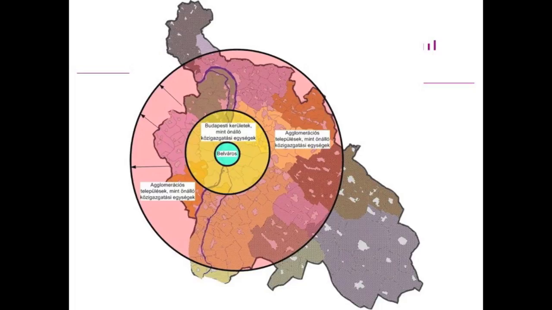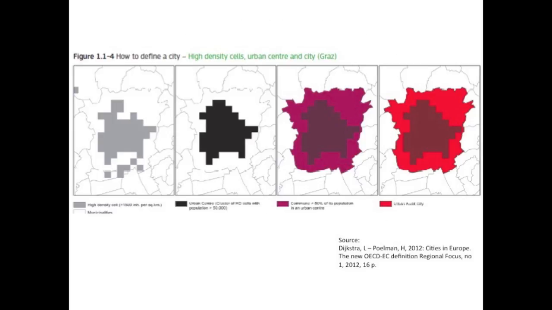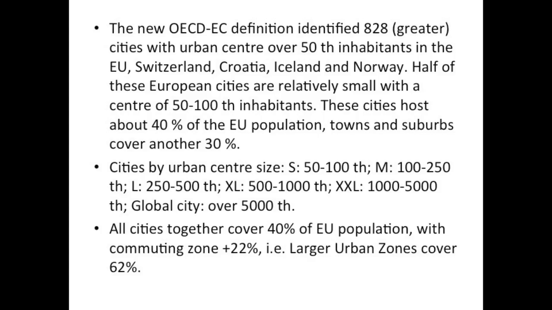So if a developer lands in the airport, for him everything is Budapest because he can reach it within 1 hour. So the first question is, what is urban? And here I would like to call your attention to some issues because there is some development in this regard. The OECD and the European Commission made an analysis of how to define urban areas. I will not go into the details, but they are doing it forgetting about administrative boundaries and just look at the map and define urban on the basis of density. And then they put together grid cells, and on this basis, we don't have time to go into details, they defined urban areas.